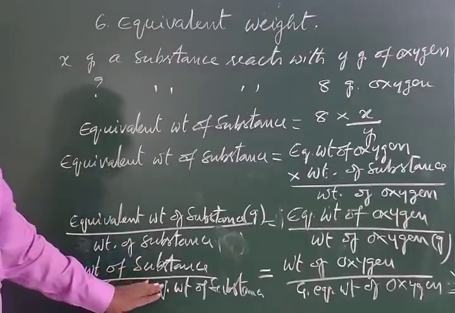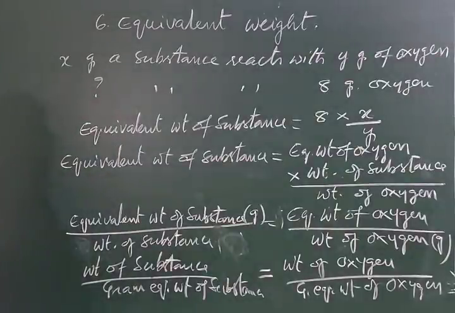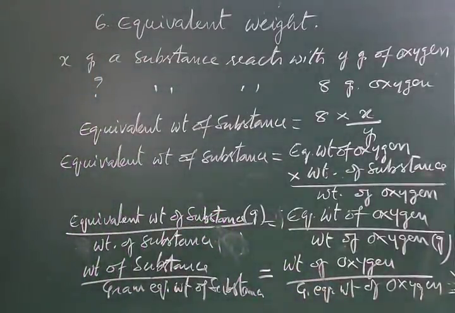So, the number of gram equivalents of various substances reacting together will be in the ratio 1:1. As those ratios are the same, the gram equivalents are the same. From this we can understand that all the substances react in a 1:1 ratio of their gram equivalents to give products.